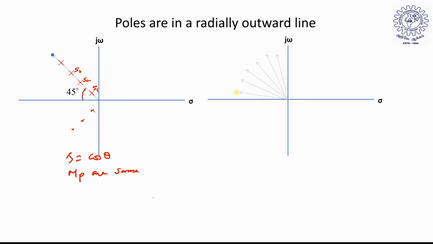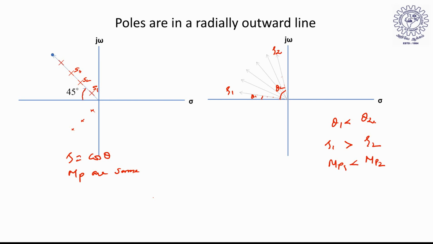So let us consider this line may be zeta 1, this may be considered zeta 2. This line has theta 1 and this line has theta 2. Any poles located along a line have the same damping ratio, but this theta 1 is lesser than theta 2. Obviously your zeta 1 is a larger value than zeta 2, so your peak overshoot 1 should be very less than peak overshoot 2. That information we can gather from this.